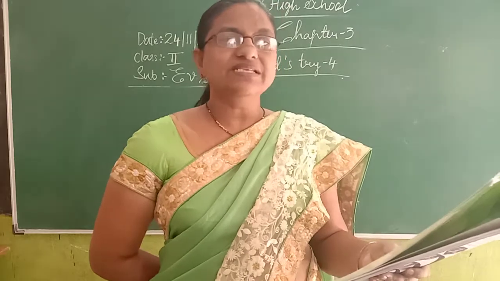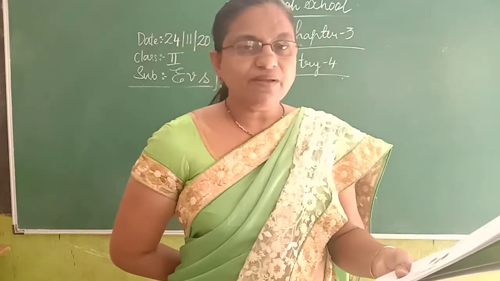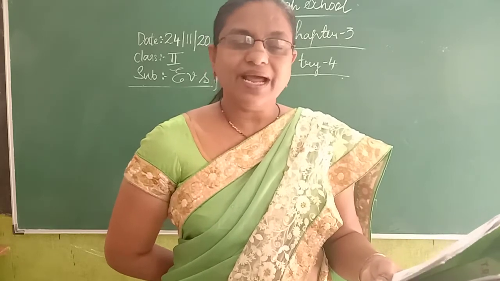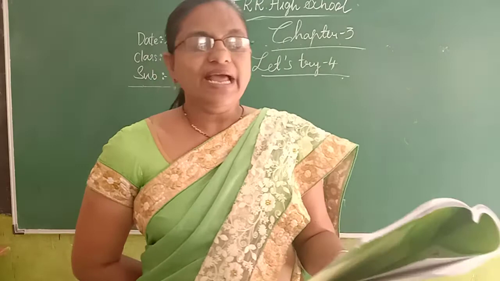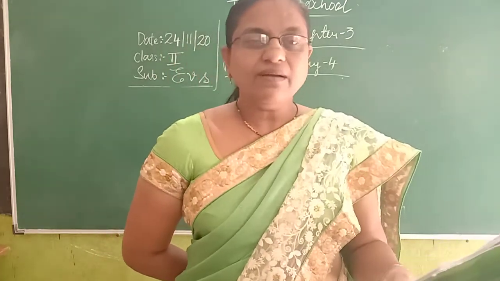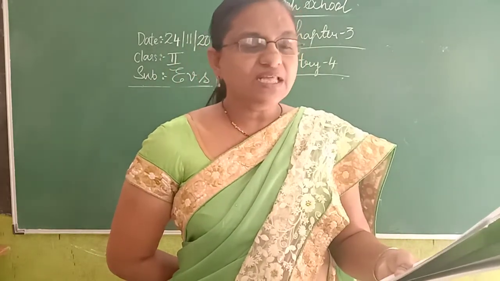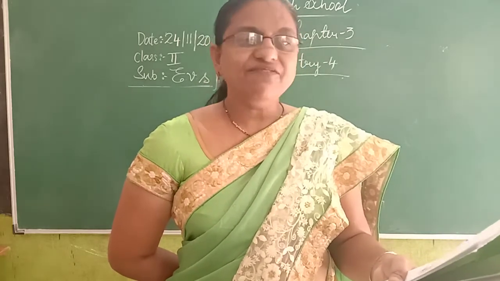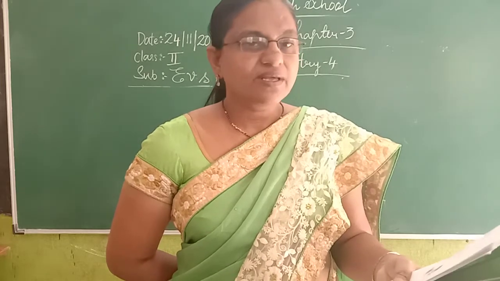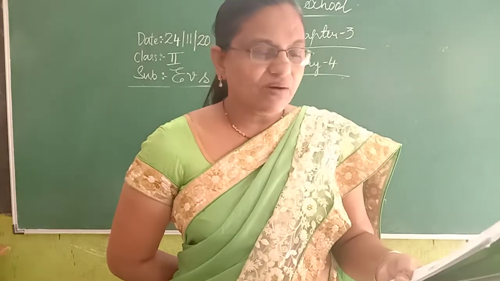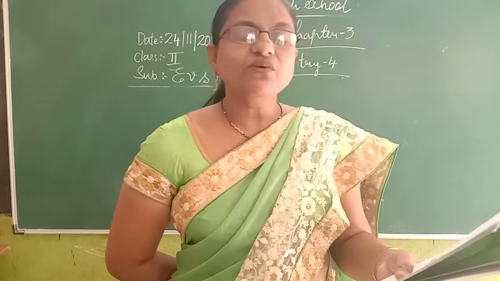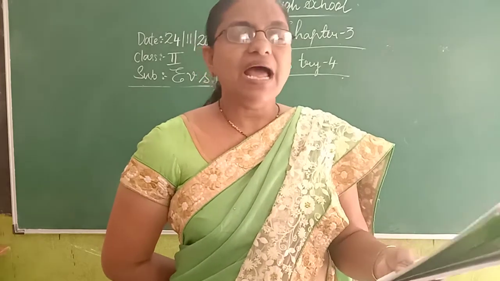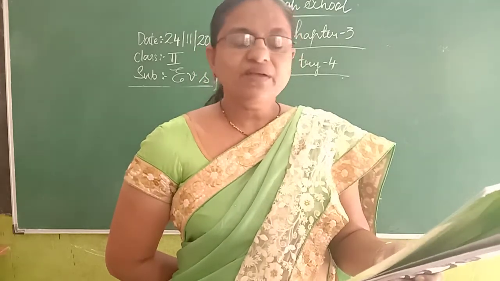Okay, a frock. Frock means clothing. So we are getting clothes from the plant, isn't it? Already in the previous video I told you about the cotton plant. We get cotton from the plant, and from the cotton we make the clothes. So you should circle the clothes also. Then mobile phone. Will we get a mobile phone from the plant? No, it will not come from the plant. Then cup? No. Then fruits and vegetables? Very good. Fruits and vegetables we get from the plant. So circle the fruits and vegetables.